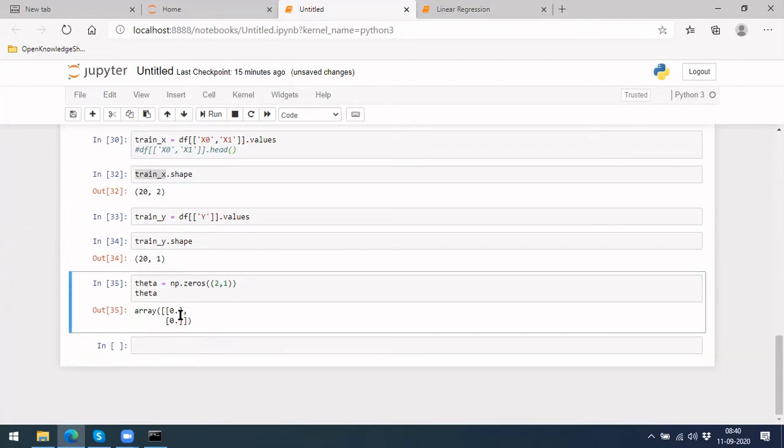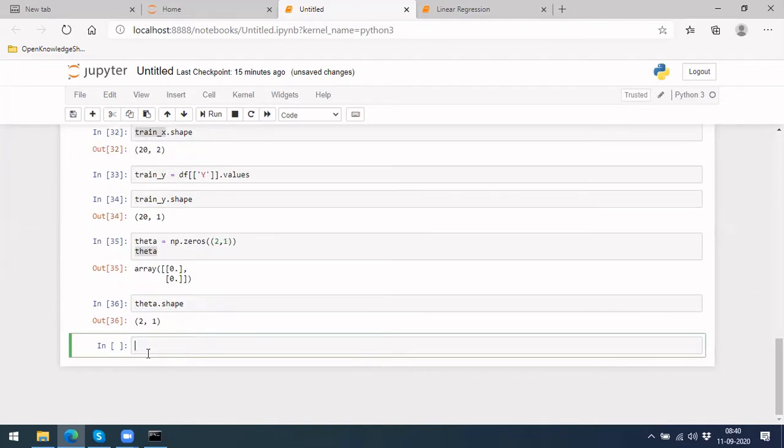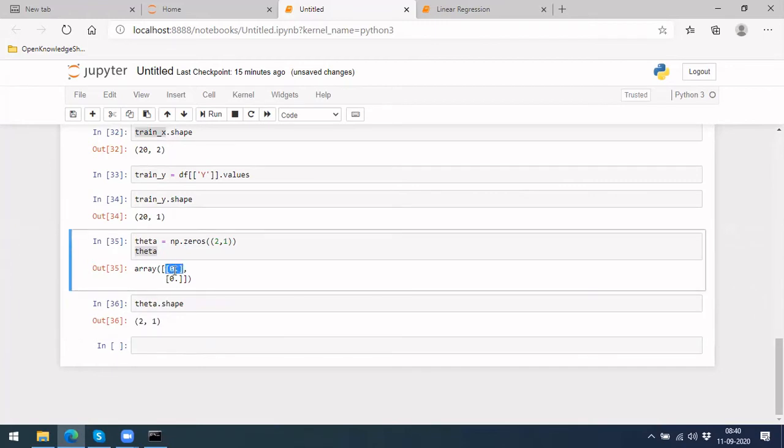We represented both of them in a kind of matrix. So let's see dot shape and then see what the shape is. It is 2 rows, 1 column. This is the first row, this is the second row, where you have theta naught and here it's theta 1. Okay, so this is how it is.